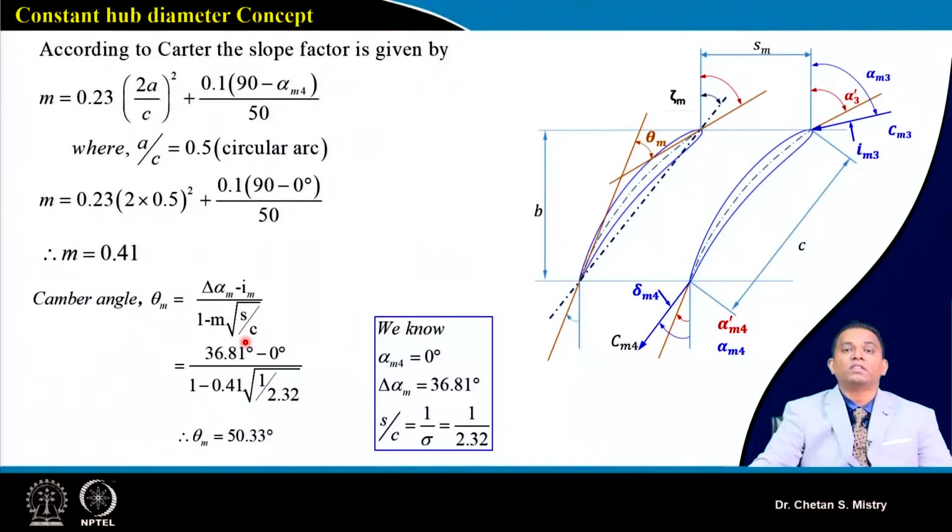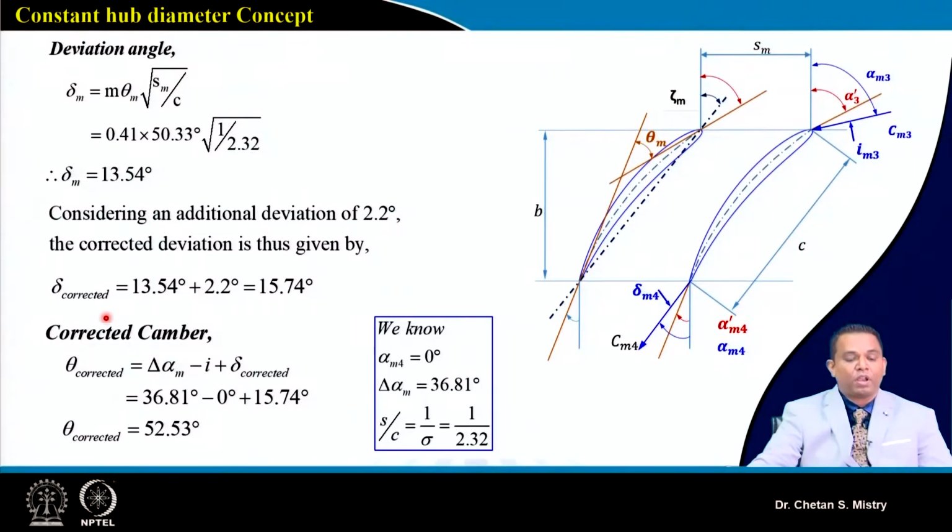For incidence, we will be selecting at the mid station an incidence of 0, at the tip station we will be configuring it as minus 2 degrees, and at the hub station we will be taking it as plus 2 degrees. So if we put in those numbers, my cambered angle is coming 50.33 degrees. Now we can calculate our deviation angle based on Carter's formula, and that is coming say